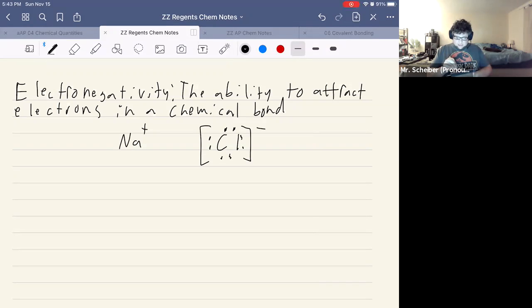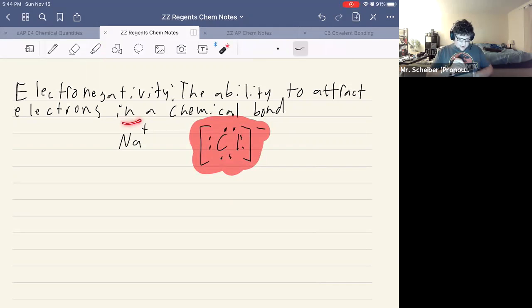And clearly, because Cl has that one extra electron within its vicinity, all of that negative charge from the electrons is going to be greater than the positive charge that comes out of the nucleus. So we could say that this whole ion is going to be very negative,